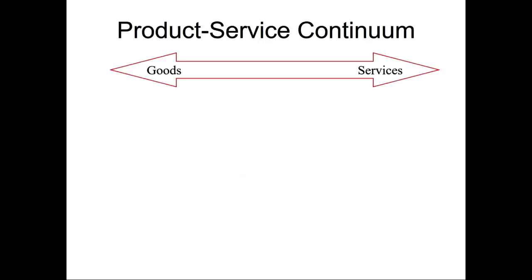I like to use this continuum. It's mentioned briefly in the chapter, but the reason I want you to get your head around it is when we talk about an organization, people will very quickly go, oh, well, I'm in a services business, so inventory doesn't matter to me, supply chain doesn't matter to me, it doesn't pertain to me, why am I hearing about this? But I would argue that very few, if any, businesses are pure goods or pure services.